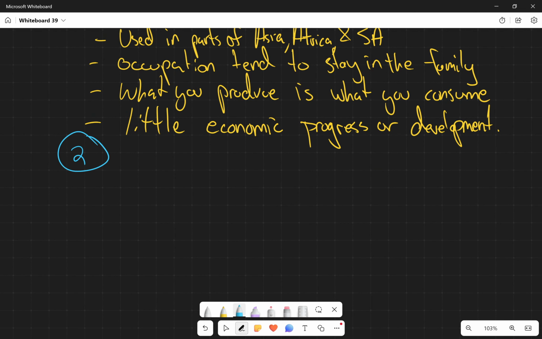The second type of economic system is called a command economy.